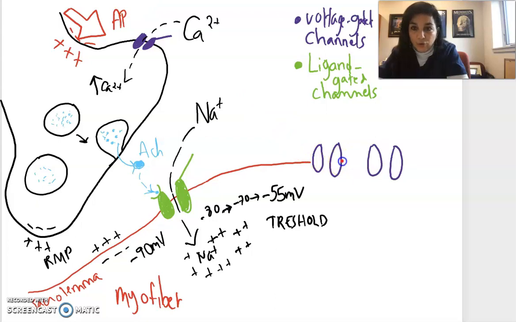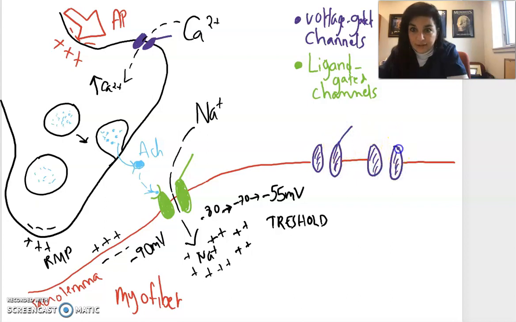I'm drawing them in purple because that's the color I used for the voltage sensitive channels up here. Well, we have also voltage sensitive channels down here in the myofiber, but they're just for different ions. So these voltage sensitive channels in purple here